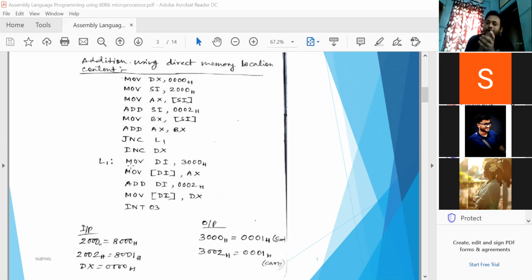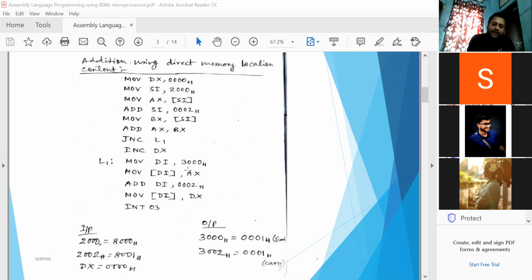So DI can be used to initialize the destination memory location. Just like 2000 is the source memory location, used by the source index, 3000 is the destination memory location, so it is initialized by the DI, destination index register. So MOV DI, 3000 means 3000 is loaded inside the DI register.